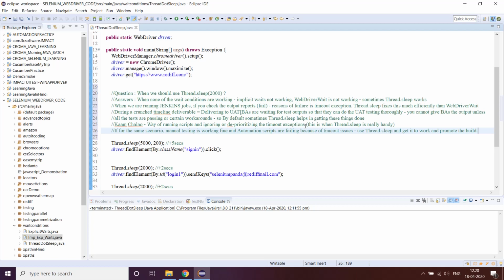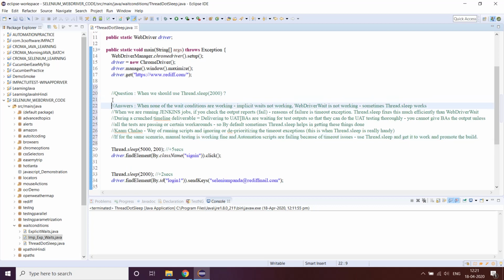So somehow this is the actual truth. This is when we have to use thread.sleep. These are the times when you actually need to use it.